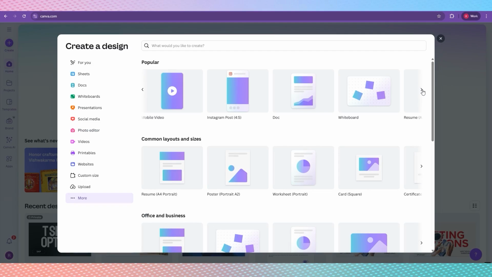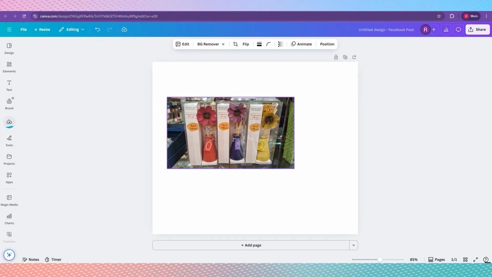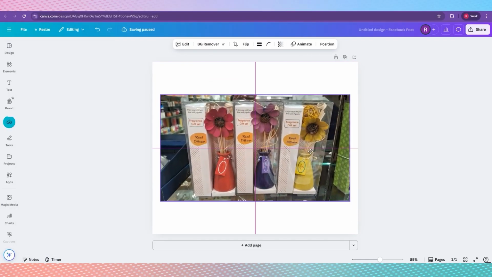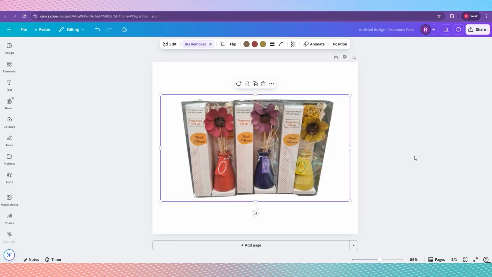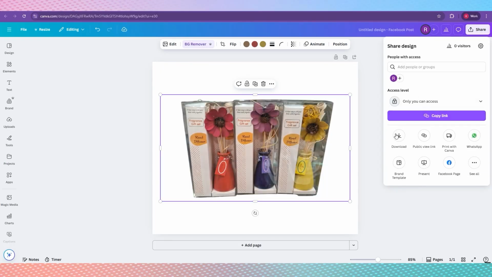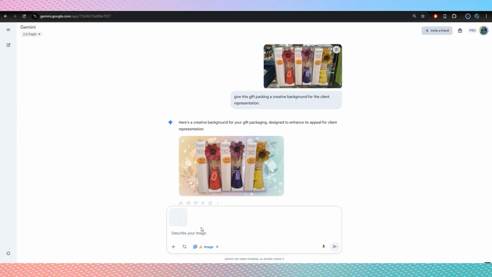Once you drag the image into Canva, and I believe that you know the basics of Canva, like removing the background, I just drag this image into my Canva, and after that, you simply have to remove the background. As you can see, click on the image and background remover. That's all. With just one click, I have removed the background of this image. After that, I download this image and drag it into the prompt area again. Now, let's write another prompt, that is, keep this product in a professional looking environment. Now, let's see what we get.